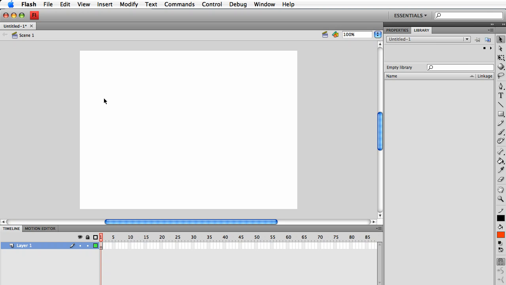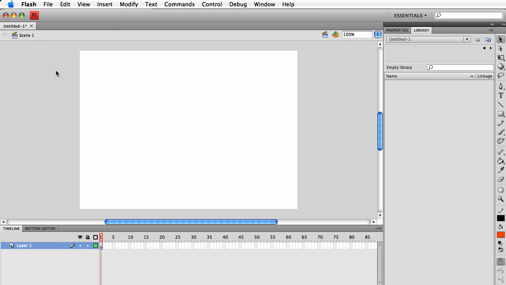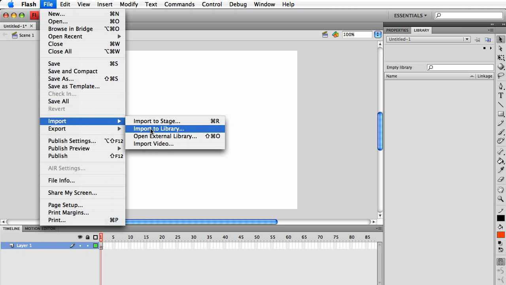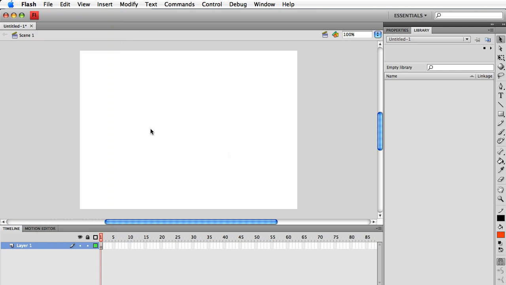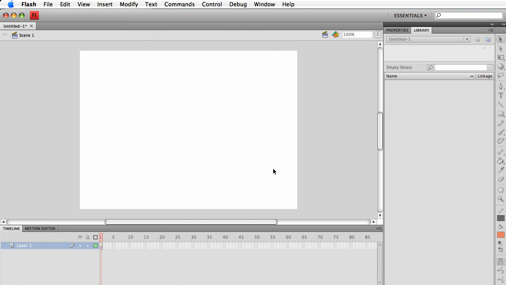In this short video tutorial, we're going to cover the basics of importing and actually using sound files in Adobe Flash CS4. So the very first thing we're going to do is import this sound file to the library. And we do that by going to File, Import, Import to Library. Now never import to Stage, always import to Library. Okay. And I've already downloaded a file from soundsnap.com